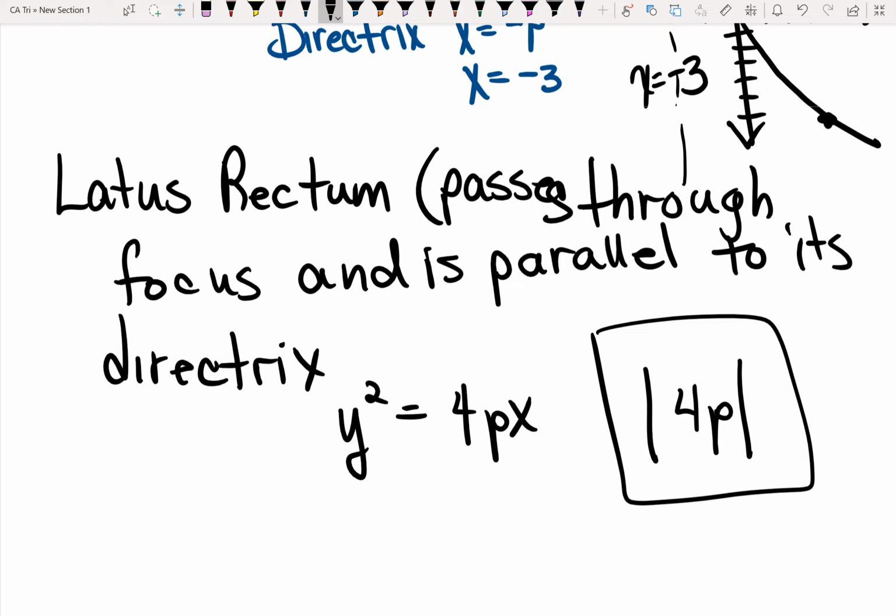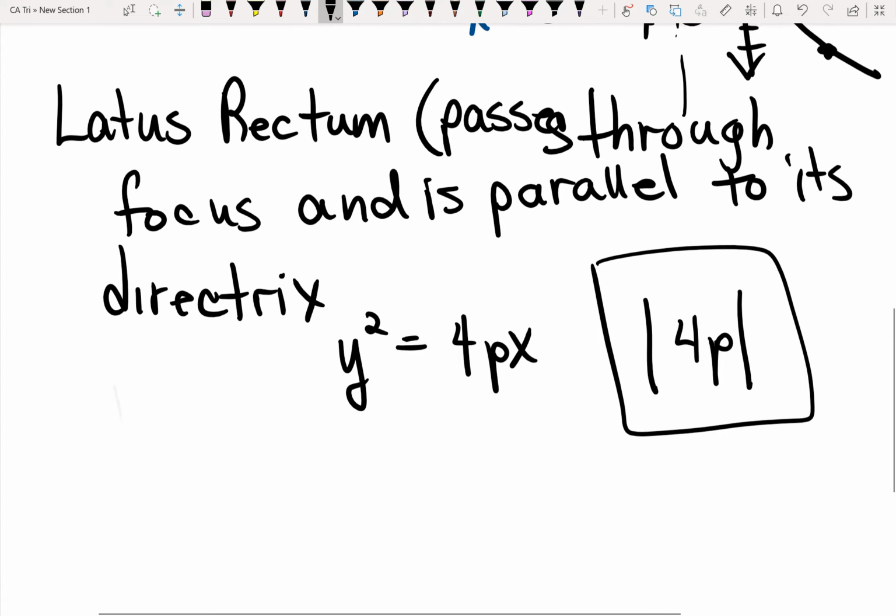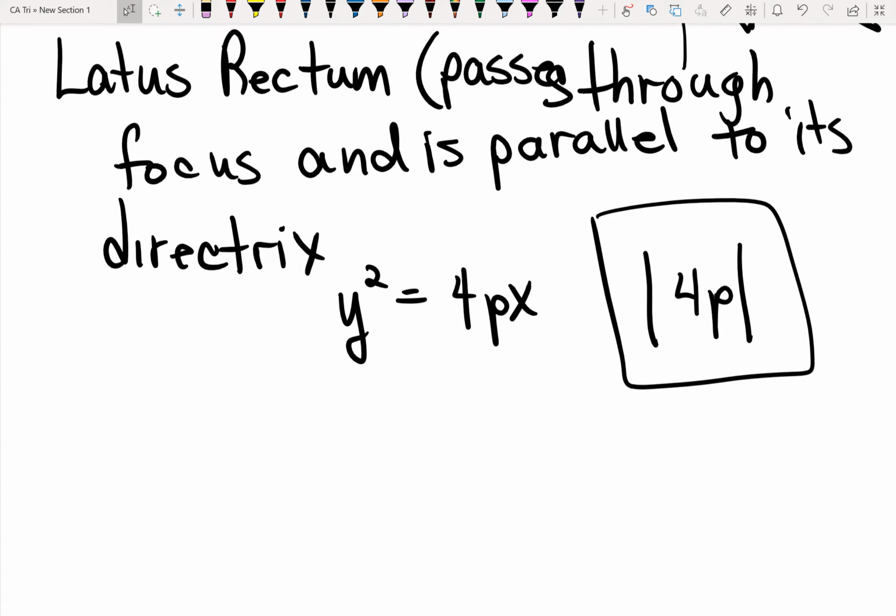Alright? So, in example 2, they work you through this extra step. And so here's example 2, where they are asking you